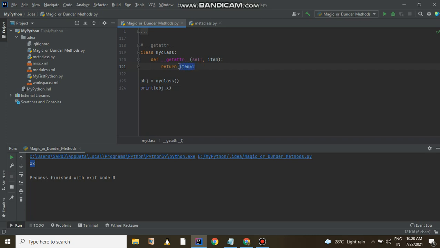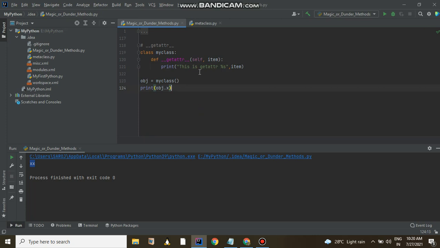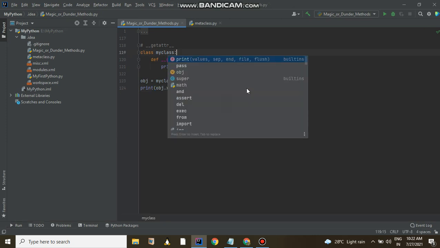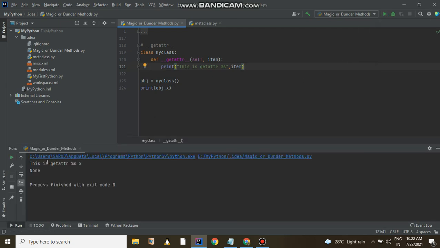Similarly, suppose I give a print statement here: print this is getattr, then %s, then item. If I execute this, I am getting something like a generator object. Why is this coming like this?